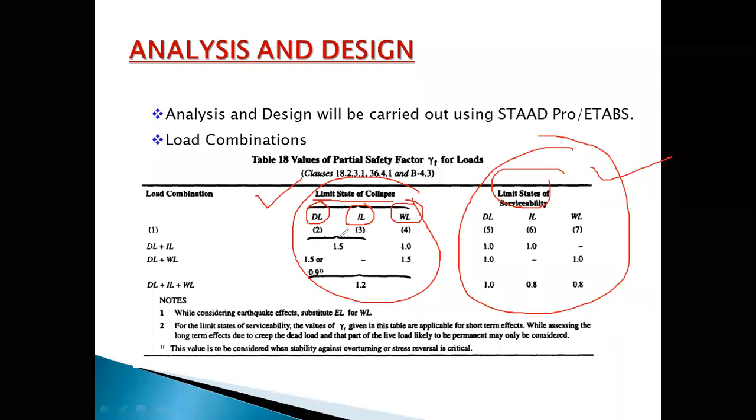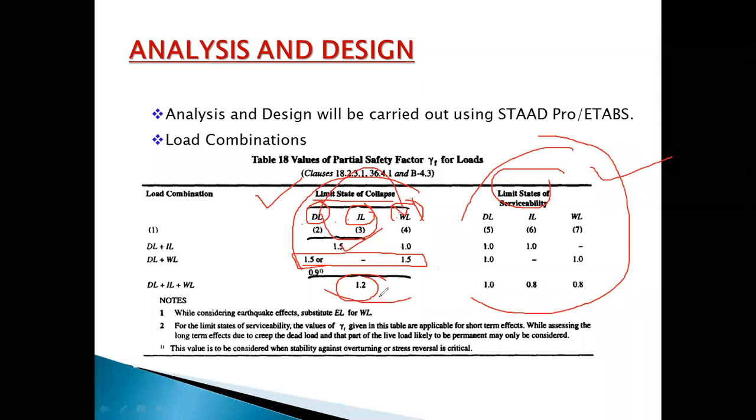The easiest way here is when we have two load cases in a combination, like dead plus live, multiply with 1.5. If I have dead plus wind load, then you can say 1.5 only. If I have any two primary load case combination, in the sense, if I want to add dead plus live, 2 only, 1.5. If I want to add dead plus wind load, 2 only, then 1.5. If I want to add dead plus live plus wind, there are 3 cases, then you have to use only 1.2 as the factor of safety, right?